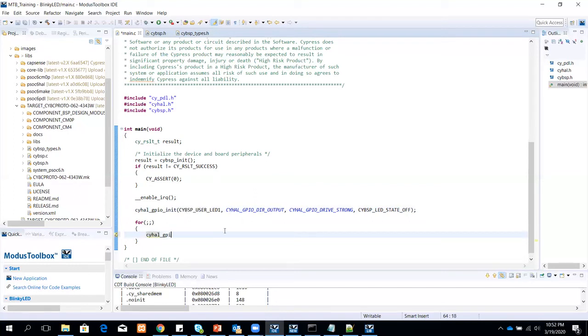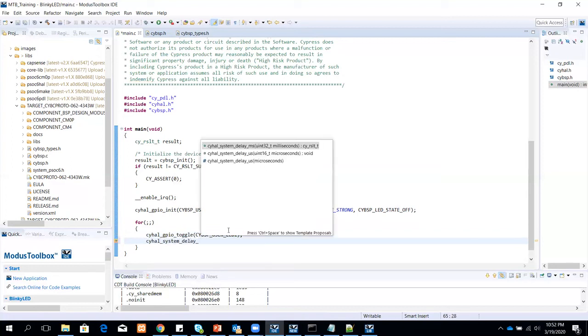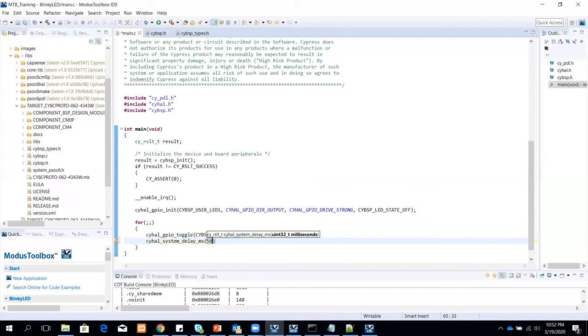Now in the for loop, we can just toggle this LED, and we need to provide the same LED macro. Okay, and we'll add a small delay so that we can see the change. So you will see the LED blinking for a second, and so here we have it.